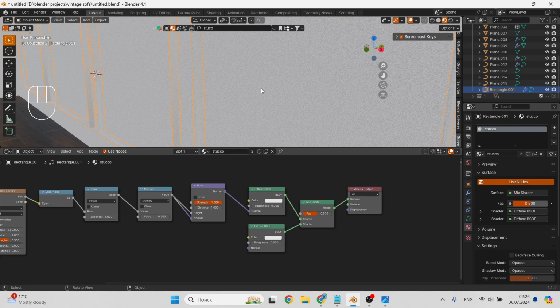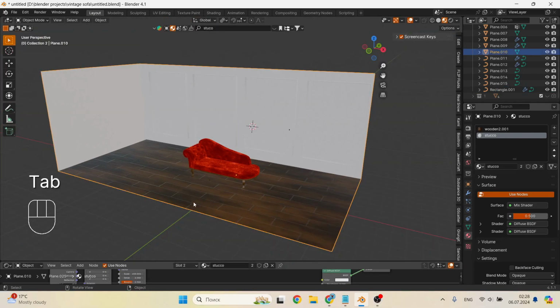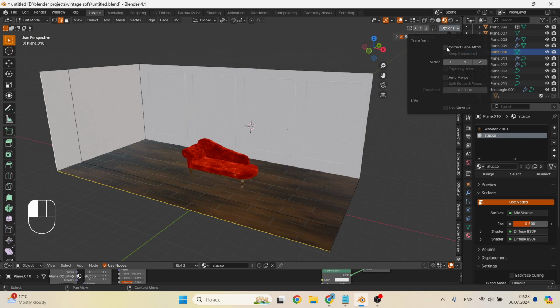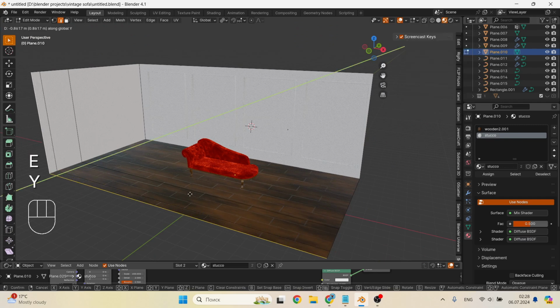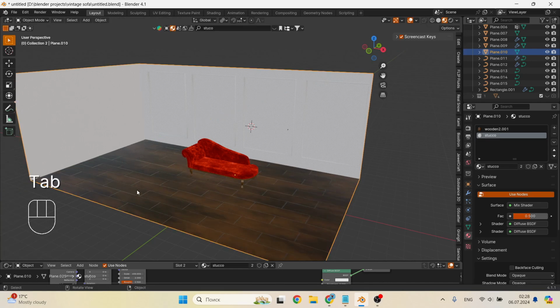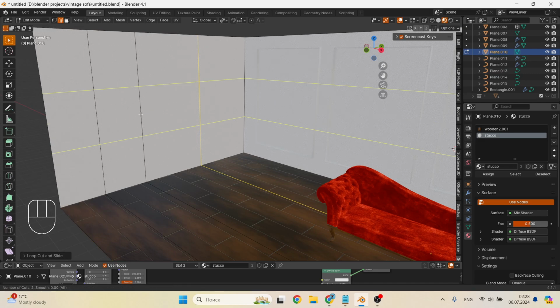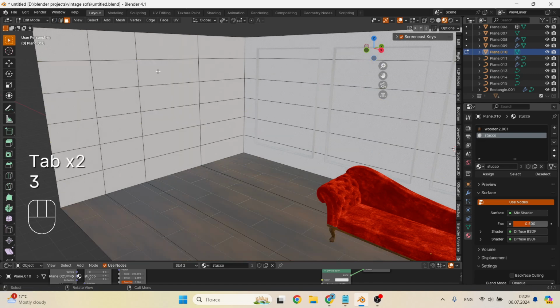I suggest moving on to setting the frame, but if you go to the general plan, I immediately see that there is not enough width for this. In the editing mode, select the outer edges and in the options put a tick opposite the correct face attribute. With its help the texture will not stretch after I stretch the face, a very convenient thing, I recommend using it. Now I want to make a window from which the sunlight will fall on the vintage sofa.